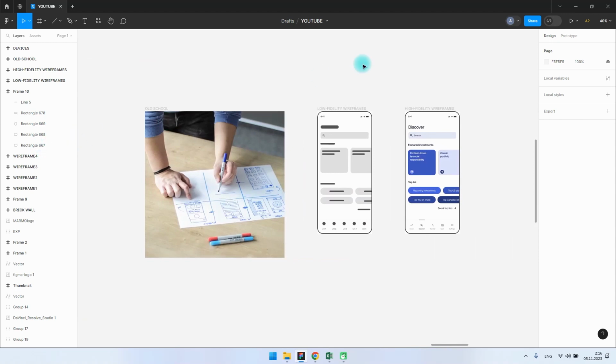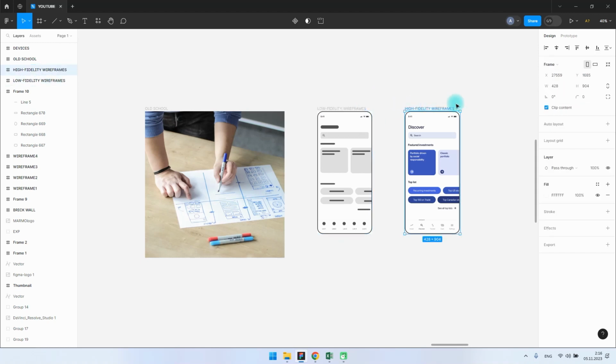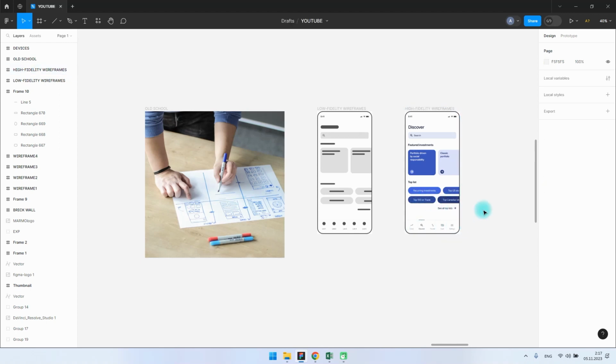What are the different types of wireframes? There are usually two types of wireframes: low fidelity, a rough first draft, and high fidelity. A low fidelity wireframe is a quick draft of your product. The high fidelity one is one step closer to the final product. It has more detail. You can skip the high fidelity wireframe stage and proceed afterwards straight to the prototype.